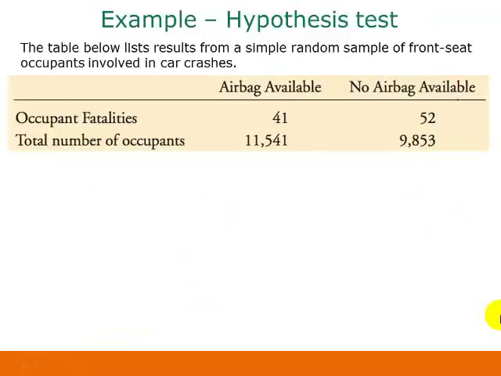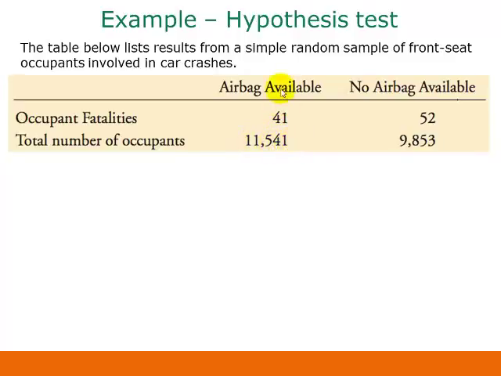Okay, now let's go through a whole example of doing a whole hypothesis test. So we've got some sample data here. This is a simple random sample of front seat occupants involved in car crashes. So the car either had an airbag available or didn't. And we have here in the table the number of occupant fatalities out of the total number of occupants. So out of the